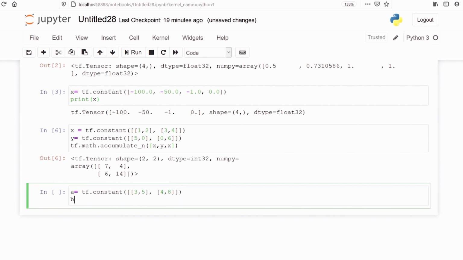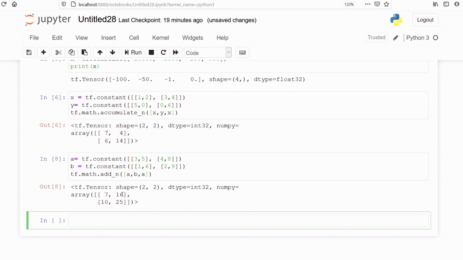This is our first tensor. Now we will call add_n method. We will pass our variables a, b and a.